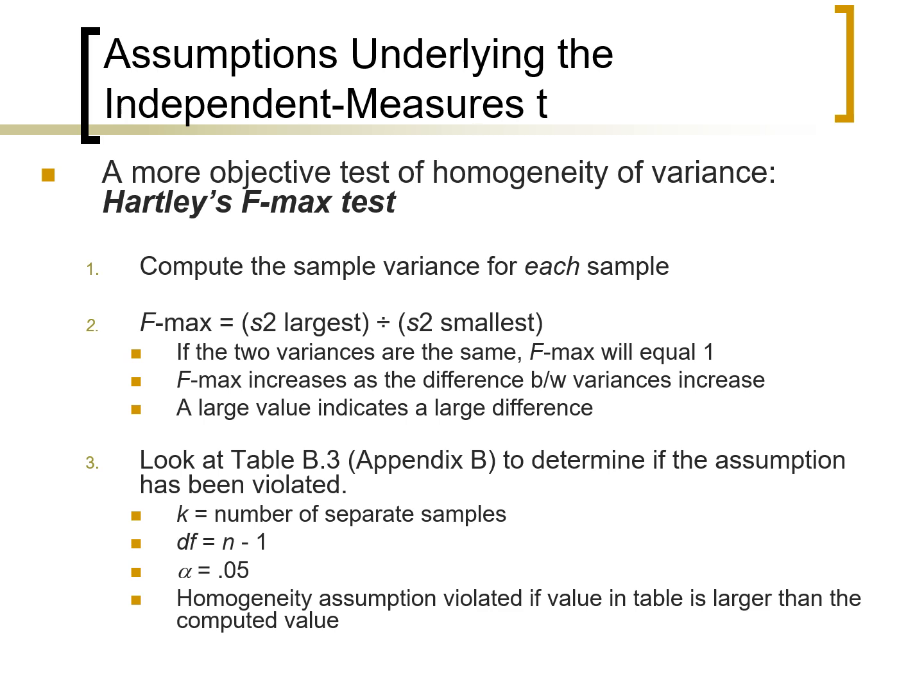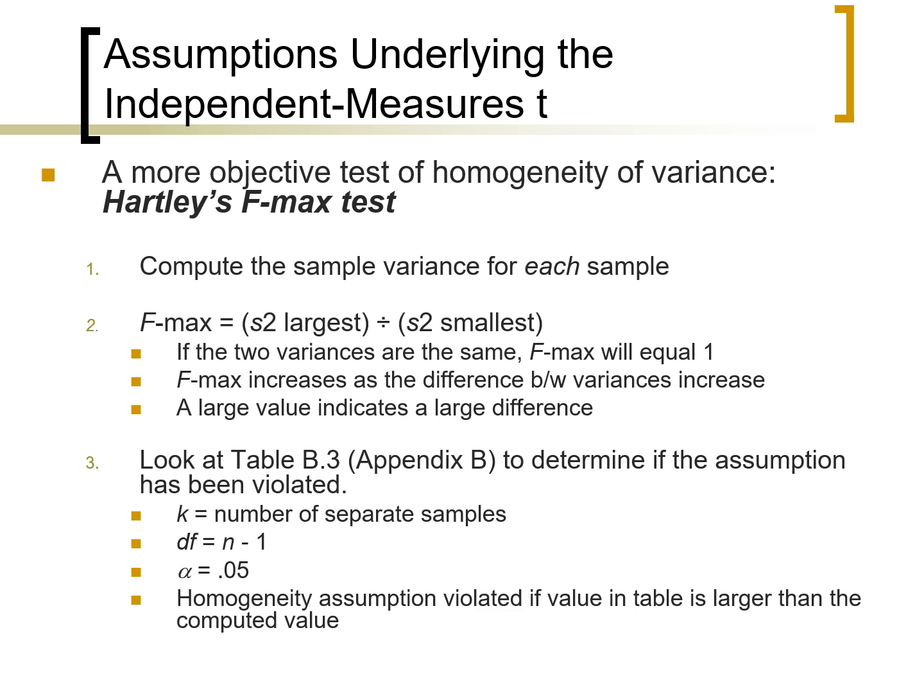But there are some ways, if you're concerned about your homogeneity of variance and if you violated that assumption, there's what's called an Fmax test, again, not for exam purposes. And basically, instead of just guessing, oh, 3 or 4 times, I guess maybe I'm starting to get worried, but should I really be worried? Having the actual test will tell you, yes, you violated the assumption, no, you haven't. So in some cases, you may really need a test like this, but basically, for our purposes, you look at